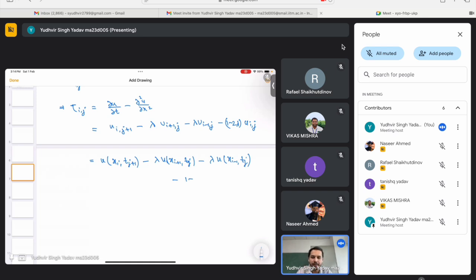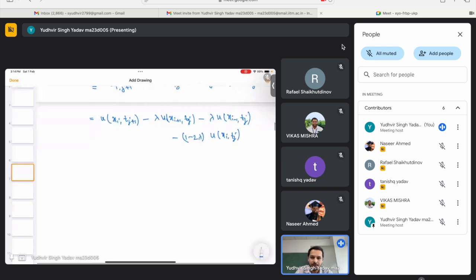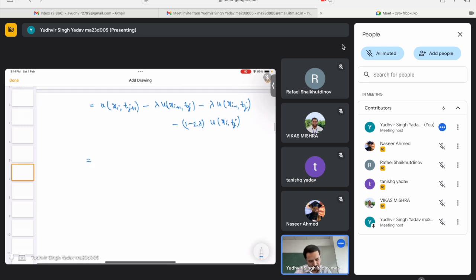And next we will use the Taylor series expansion of all these terms, and we try to cancel out the terms. So the truncation error will be the remaining terms that we are left with. So for the first term,